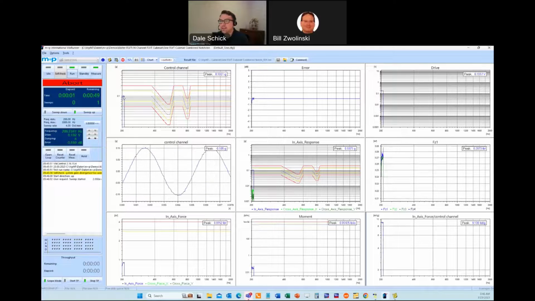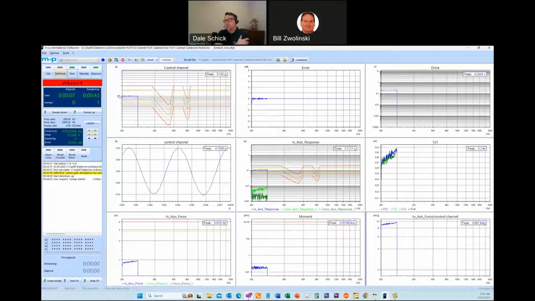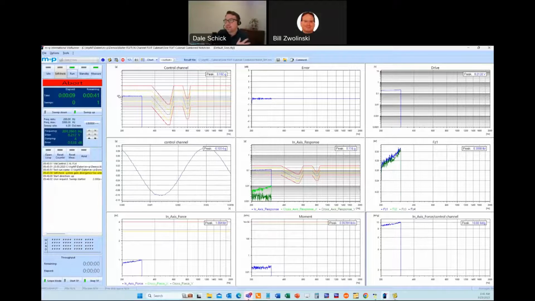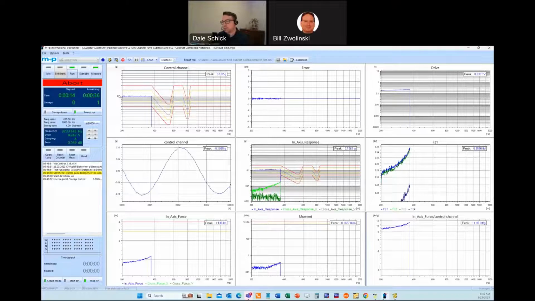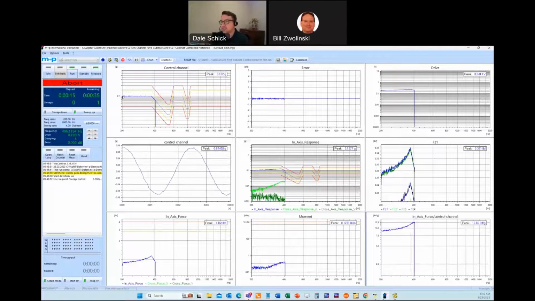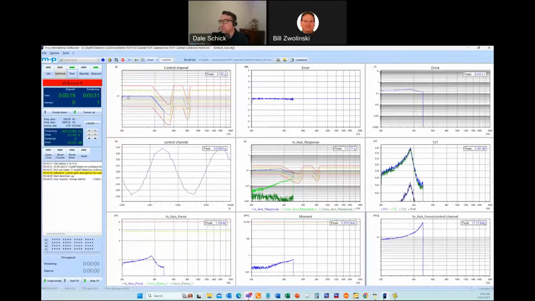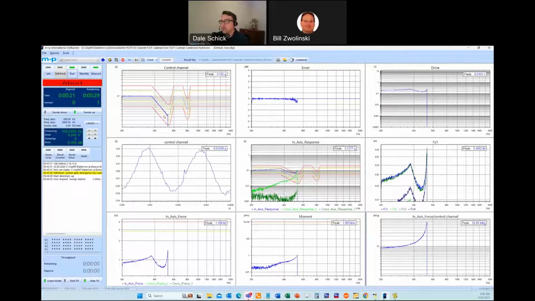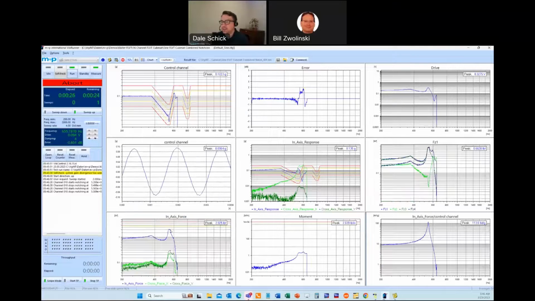And I've started at, typically you can start these sweeps much lower. If you have larger structures, you're probably going to start the sweep at about 5 hertz or so to capture some of those lower modes, as these larger structures tend to have modes down in the teens, 15, 16 hertz or so. So here's our manual notch,